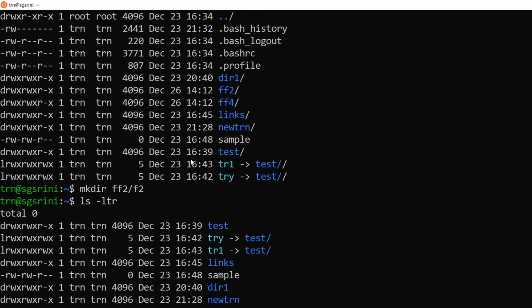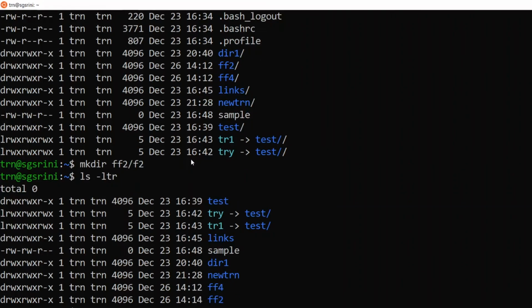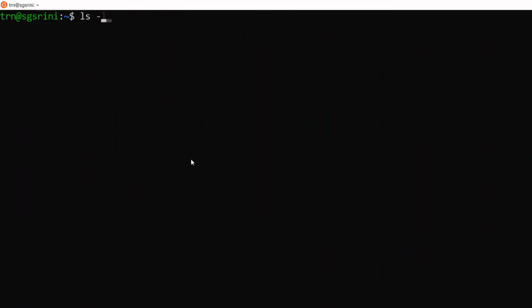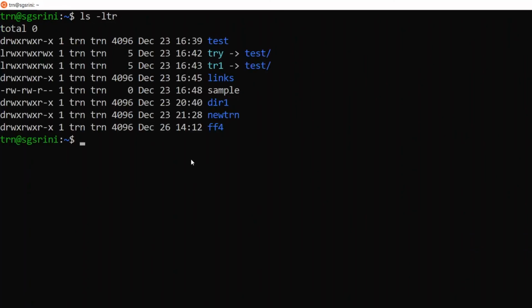Let's see what happens when I give rm minus f ff2. It still won't allow me to delete the ff2 folder, even if I put minus f, because it has one more folder inside the directory. So what I have to do is rm minus rf, recursively delete the folder by forcing it. So I say ff2. Yes, it is deleted. Now let us check whether we have the ff2 folder. No, we don't have it. So the ff2 folder has got deleted.